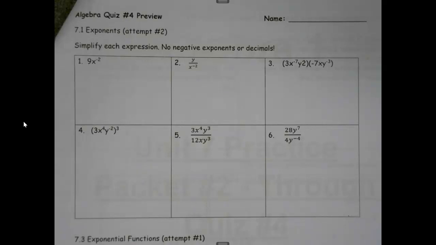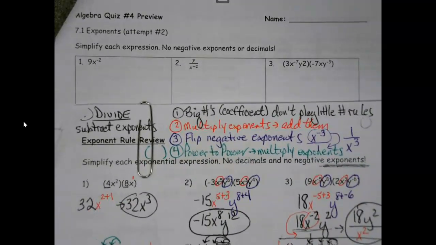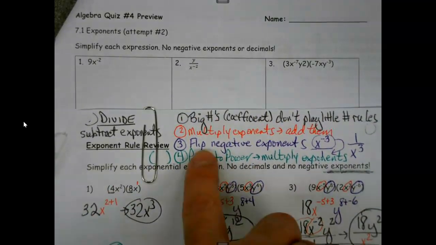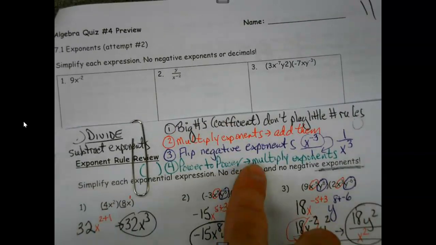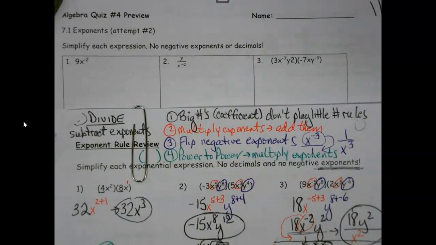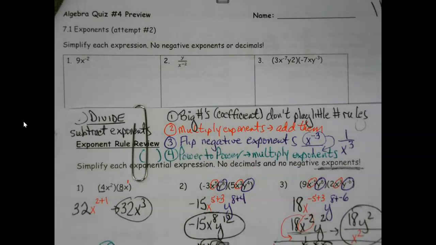I'll come back. We're going to start with exponents, kind of like we did on the puzzle yesterday. So, again, super important. Most of you should have this stuff to work with from your note packet. That's what you're seeing here at the bottom of the screen. If not, at the end of this I'll show you where you can get these and update them to have them for the quiz. You're going to want to get them updated. So I'm going to try to reference them a lot, and I'm also going to try to reference problems I see on here that could help us as well. So, okay,